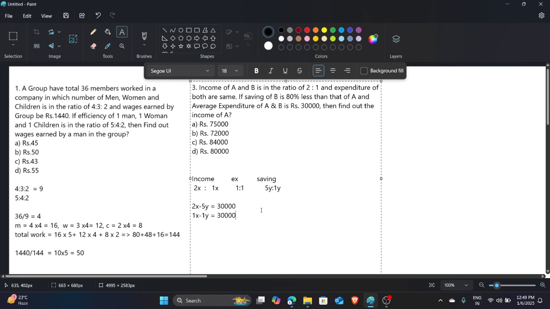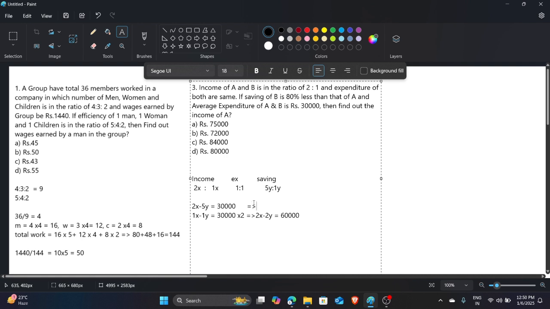Okay. Then you solve these equations. In what way can you solve it? I multiply the whole y by 2 and then subtract them. Okay, no problem. So what could be the new equation? The new equation is 2x minus 2y equal to 60,000, and when you subtract this from this, the new equation is,